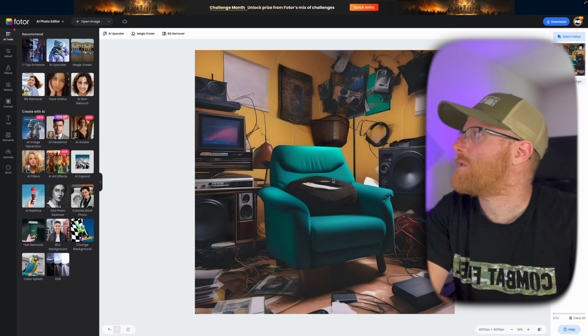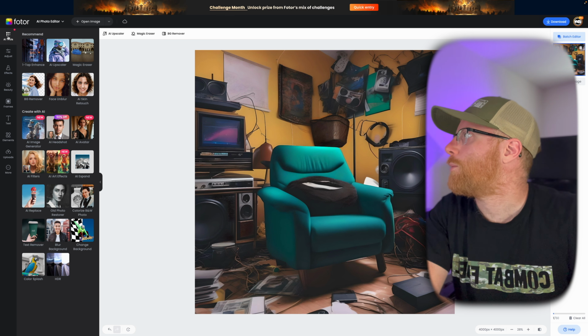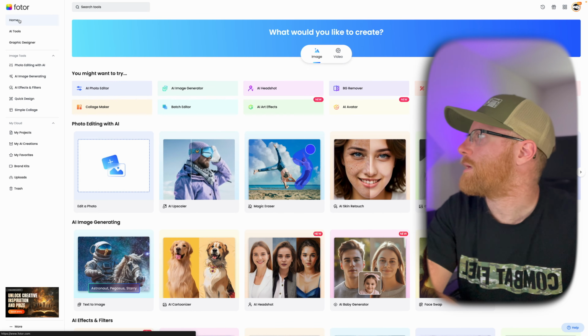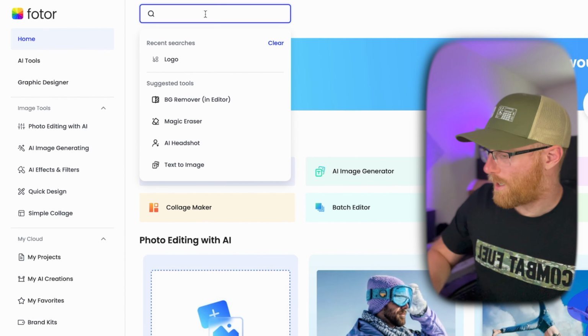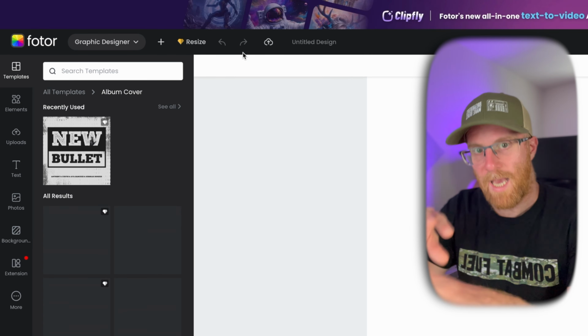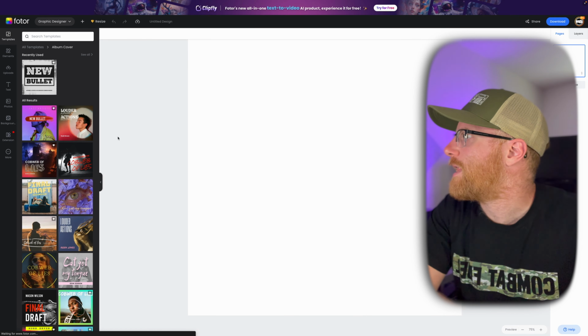Okay, so still inside the Fotor editor here, we've got all our tools up. Good. Now, I'm just going to go back to the main page by clicking up here. In search tools up here, we can do something like album cover, and that's going to give us a whole set of presets, so we've got text and things that we can be ready to overlay,